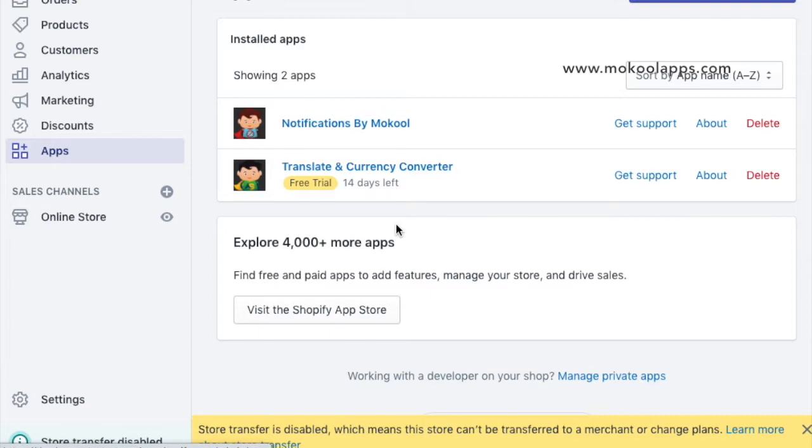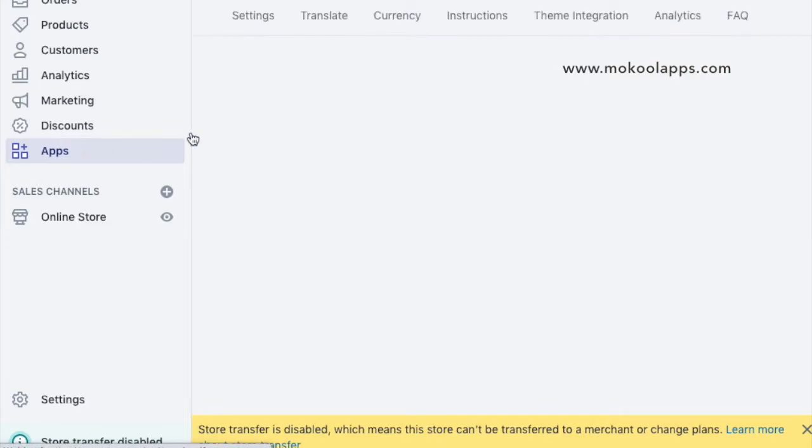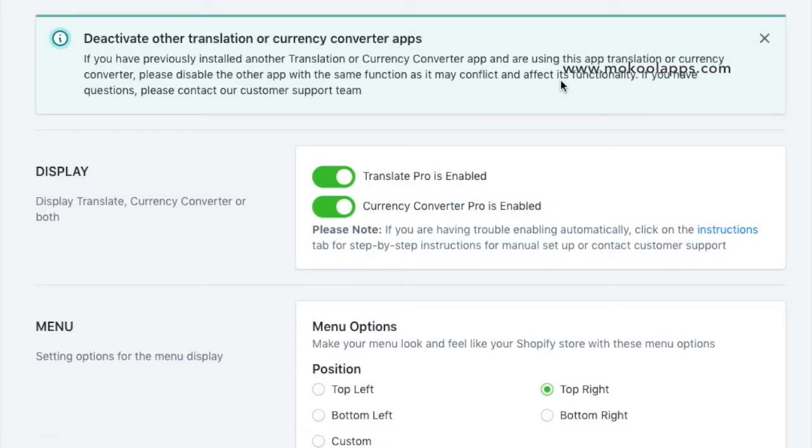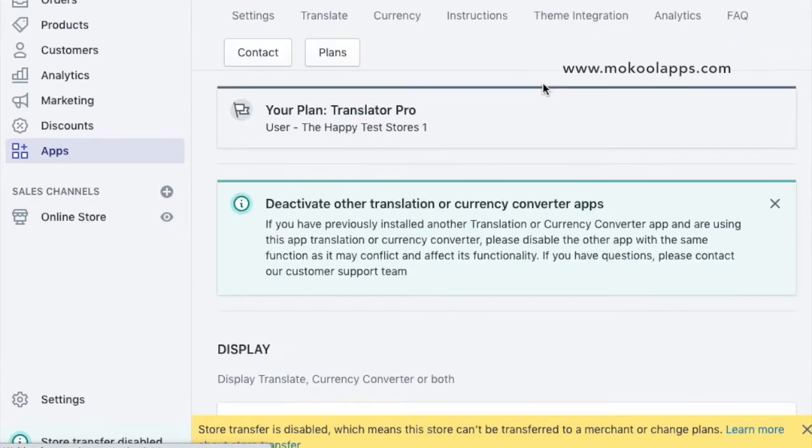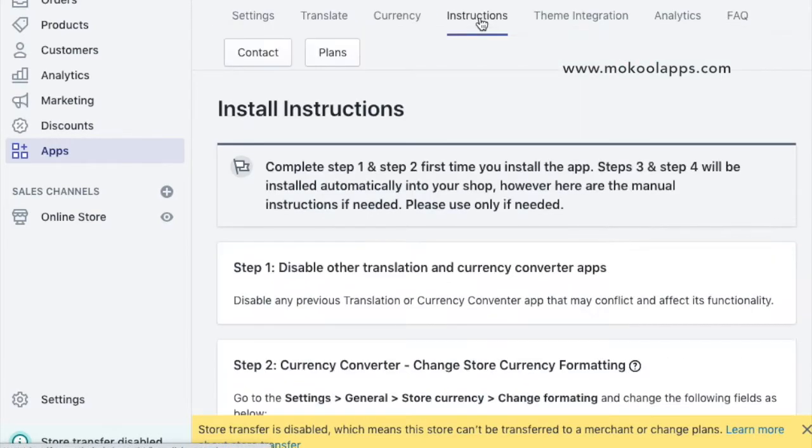I'm going to show you exactly how to install Translate and Currency Converter Pro onto your Shopify store. So first thing you do is you go into the app here. We do have instructions, so you can get access to this at any time. So if you go to the instruction screen, if it's your first time installing it, you're going to need